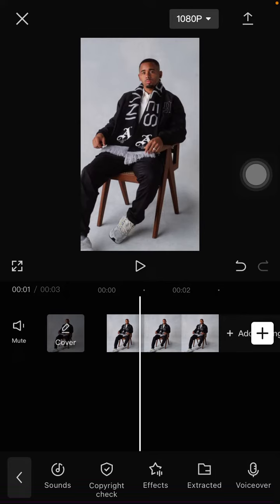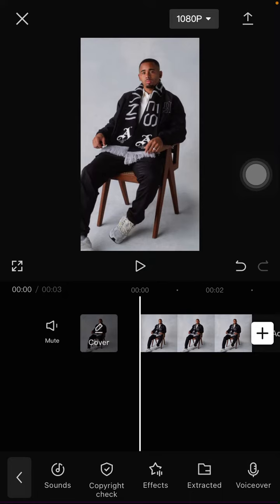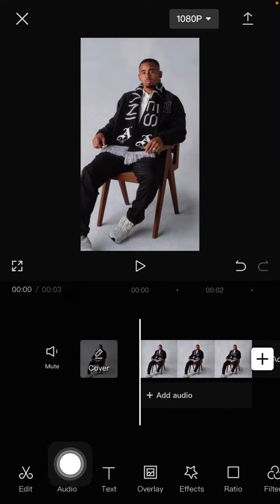In this simple video, I'm gonna show you how you can add the audio in the CapCut app. Alright, so this is a simple tutorial. This is a basic tutorial, but maybe there are some of you who don't know, especially those who are new to using CapCut. Alright, to add the audio, you are just going to select audio,